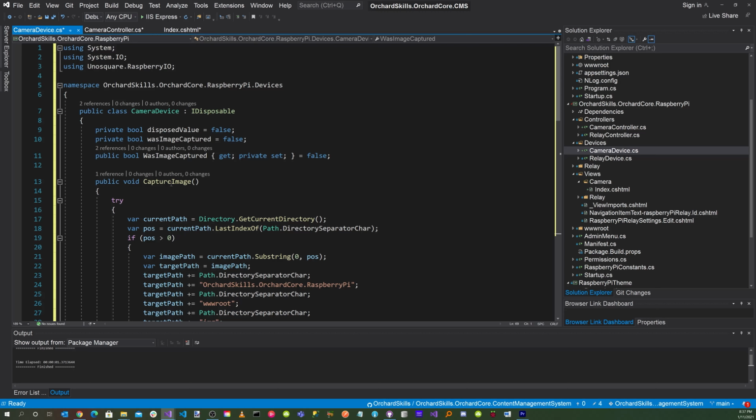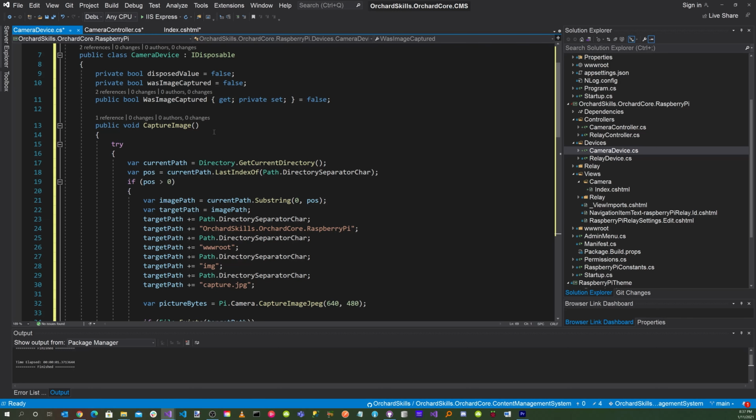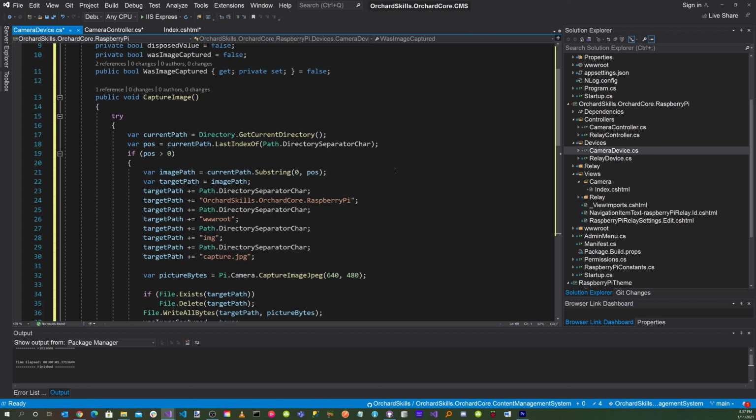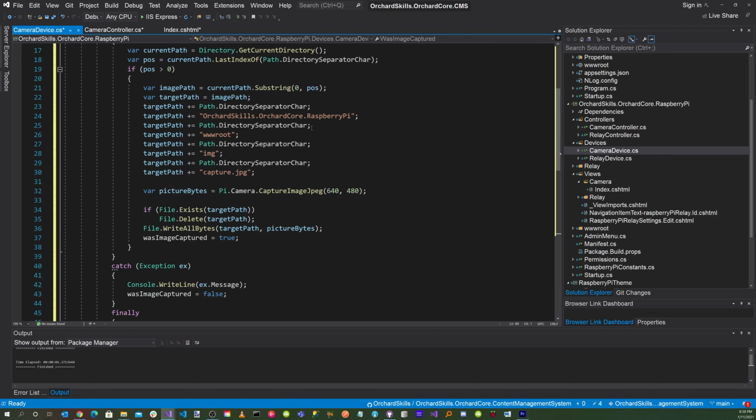We'll set that to false, and then we'll have a property called was image captured, which will be a getter setter, and we'll set that by default to false. Then we'll have our class capture image, and so we'll have a try block, and what we'll do is we'll get the current directory. We'll search one directory up, so we'll search for the directory space character, and if the position is greater than 0, which it should be, then we'll set the target path, and that will be stored in module directory